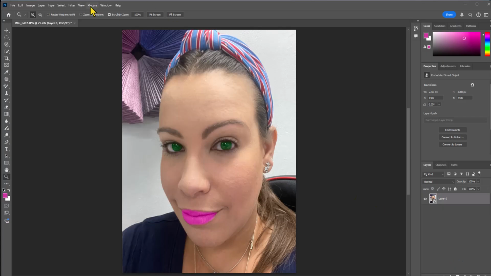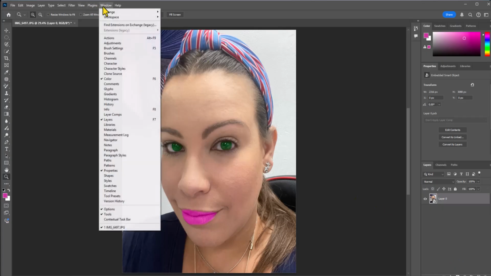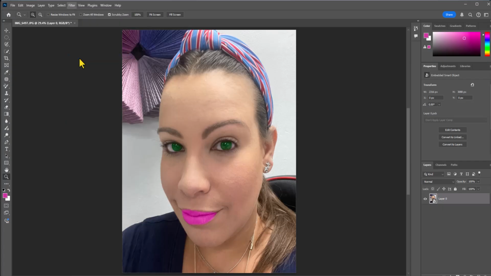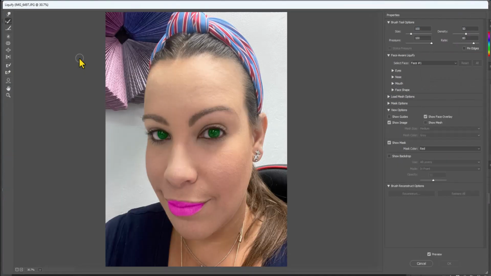I'm going to go to the Windows menu at the top of my workspace. Oh, I'm sorry, not Windows. I'm going to go to the Filters menu at the top of my workspace. I'm going to select Liquify. And Liquify does some really trippy effects. You can use Liquify, for example, to warp an image and make it look completely unrecognizable, or you can use it for slightly more